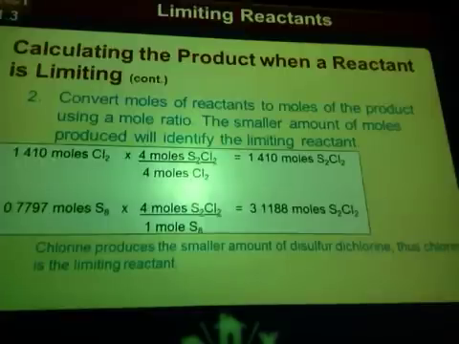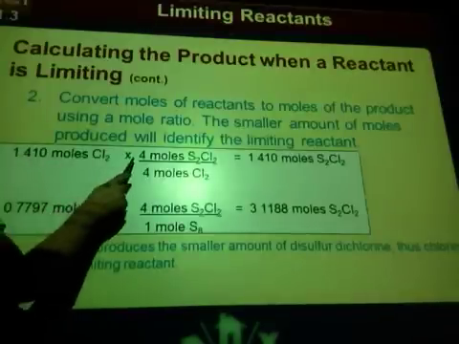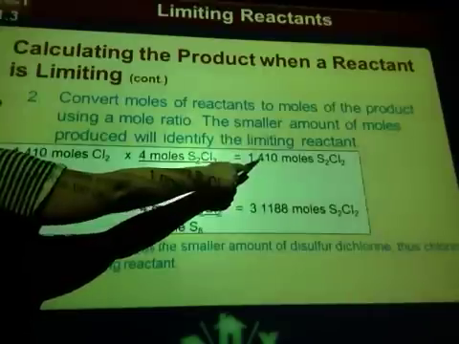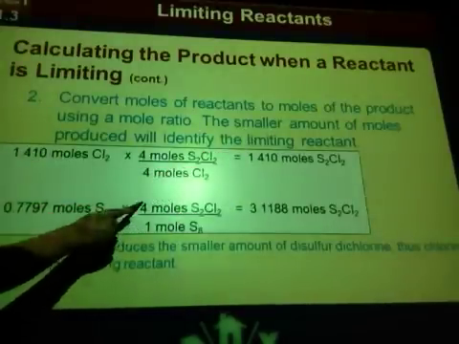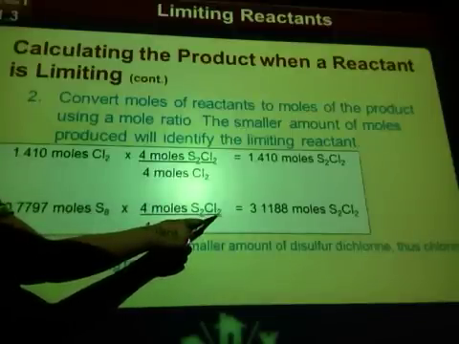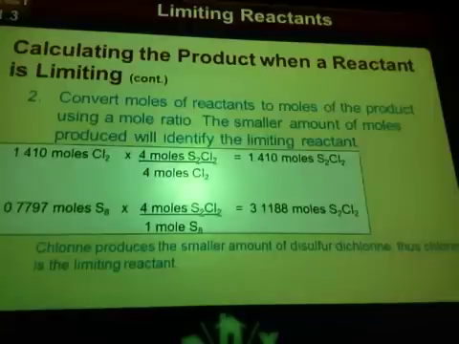All of these steps are very similar to those stoichiometry steps that we just got done doing. I had my moles. I'm going to have to use my reaction, remember, for a mole ratio. According to my reaction, moles of chlorine to moles of disulfur dichloride is 4 moles of disulfur dichloride to 4 moles of chlorine. So my number here just stays the same. If I look at my moles of sulfur, I used a mole ratio to get from moles of sulfur to moles of disulfur dichloride, and I see that I have 3.1188 moles of disulfur dichloride that could be produced based